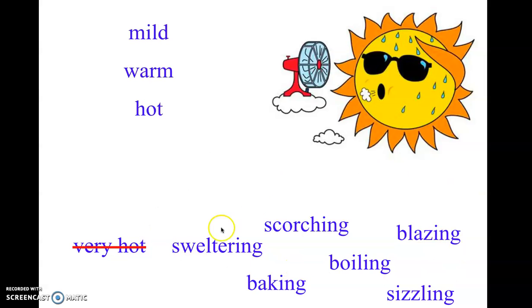These words are often used, though not always, to tell us that something is too hot, T-O-O, right? It is scorching outside, so we're not going to go play soccer, right? Or the weather is boiling, so we're going to stay inside today, in the air conditioner. We can use those like that. We don't have to, but we can do that.